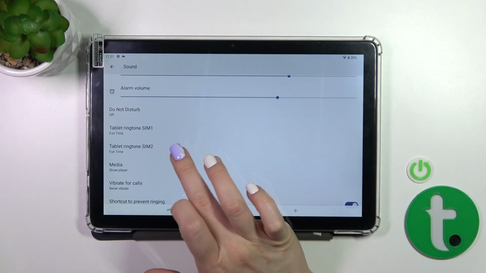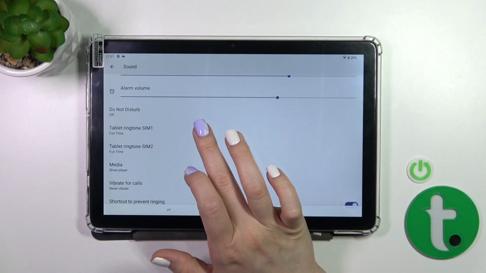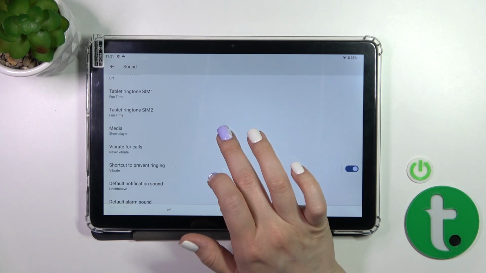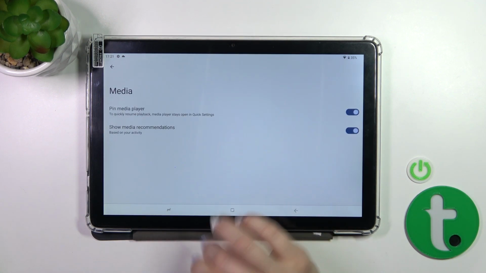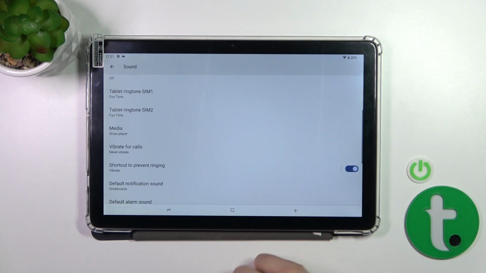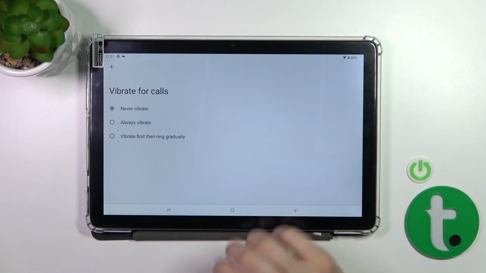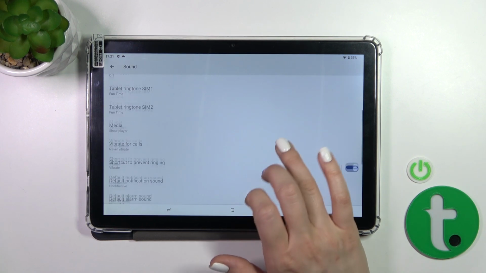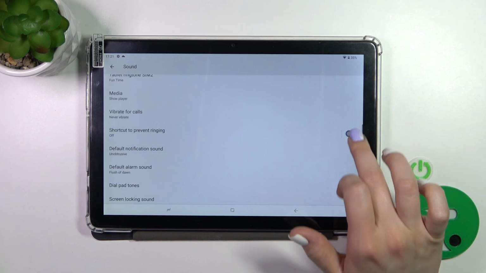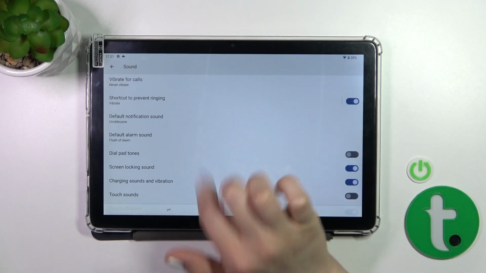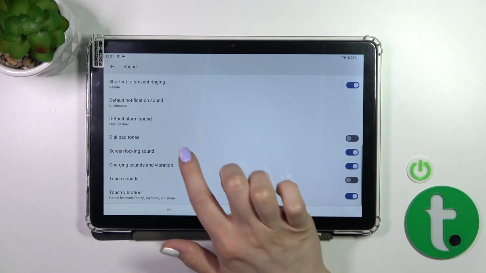Here we can change the ringtone sound from Sim 1 or to Sim 2 to pin media player and to show media recommendations, to use vibration for calls, never, always, first then ring gradually. Let's go back to use the shortcut for private ringing, to change notification and alarm sounds, and here to activate